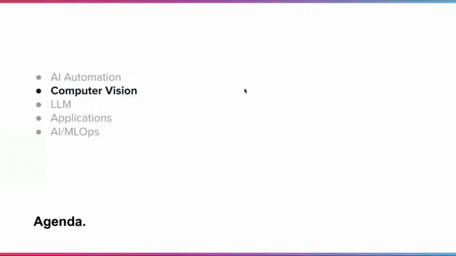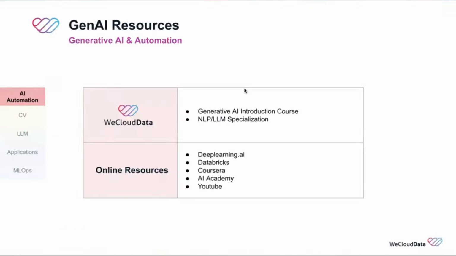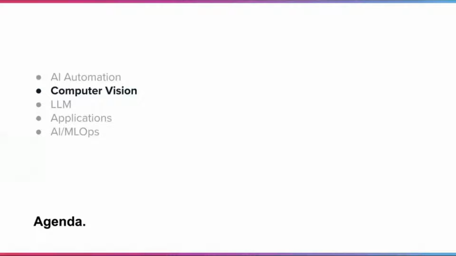Now let's move on to computer vision. After you've learned the basics of Gen AI, how to do prompt engineering, data science, and machine learning, I think the next step is specialization. So you need to learn computer vision or NLP/LLM. We have worked with a lot of students. Some of them are more interested in LLM application, but there are always students whose job is asking for computer vision and different types of use cases. So let's talk about computer vision specialization first, and then we'll move on to